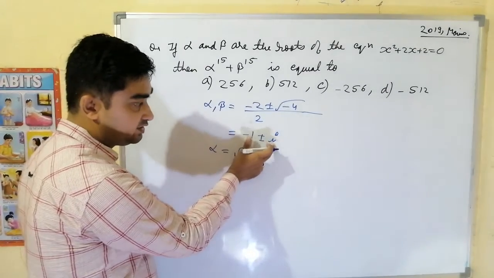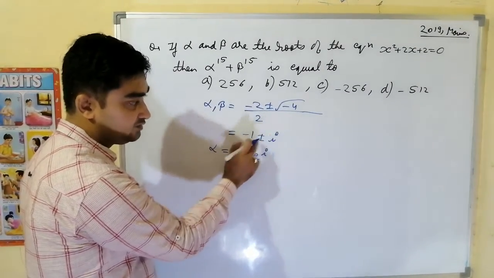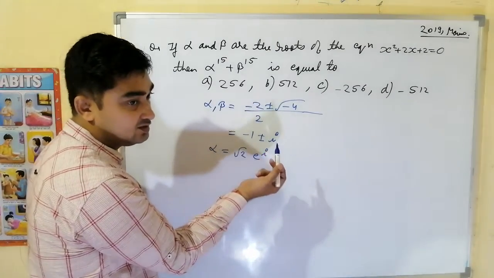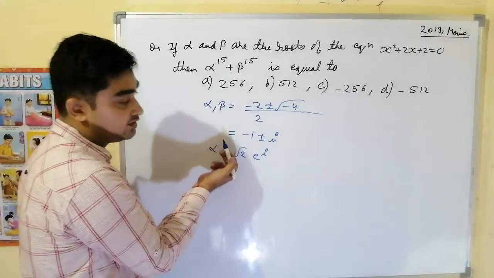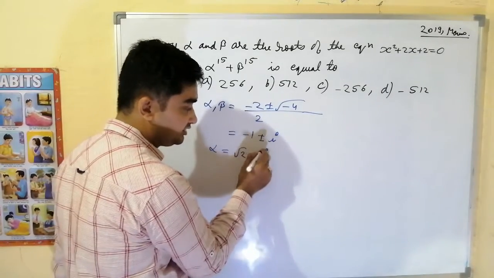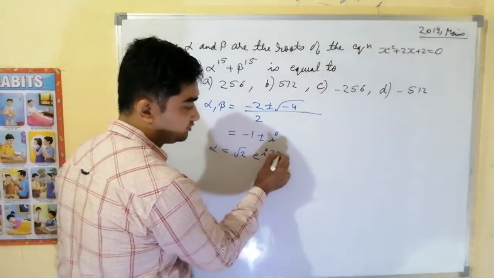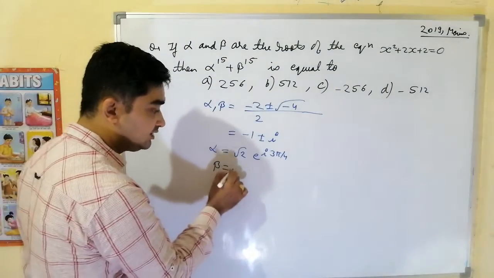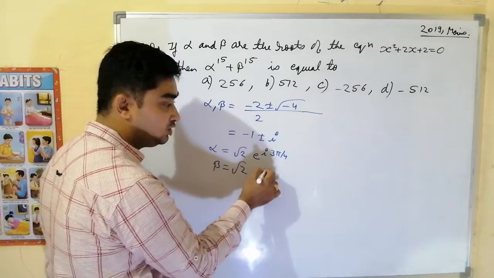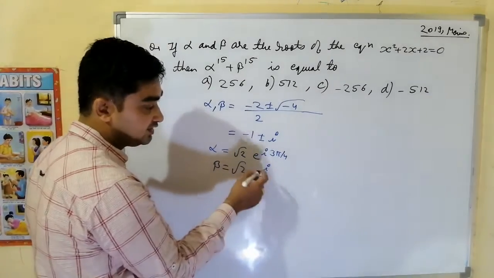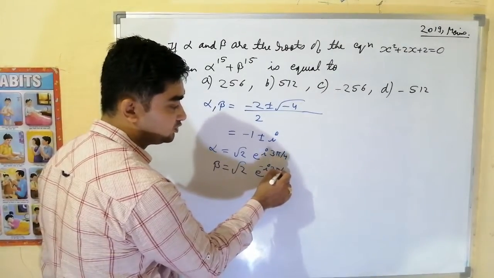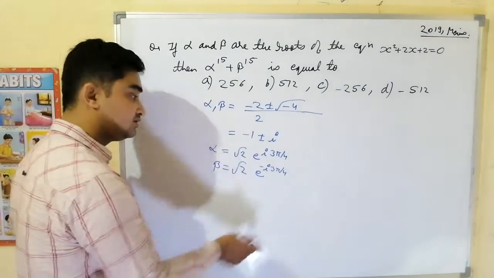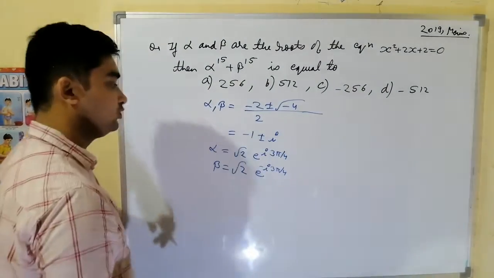But it is in which quadrant? X negative. Let us take y positive in the first case. When x is negative and y is positive, then this is in the second quadrant. In the second quadrant, it is 3 pi by 4. Then beta will become modulus is same root 2, e power iota conjugate of that, minus 3 pi by 4, because x negative y negative means it is in third quadrant. In third quadrant it is minus 3 pi by 4.